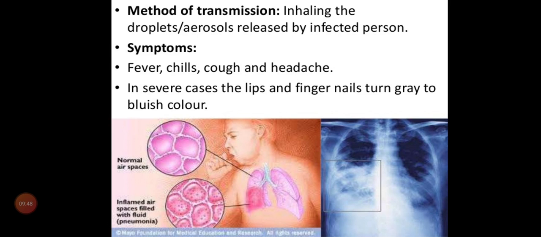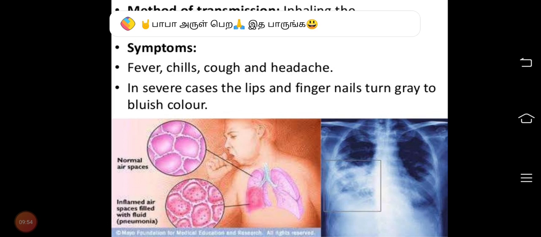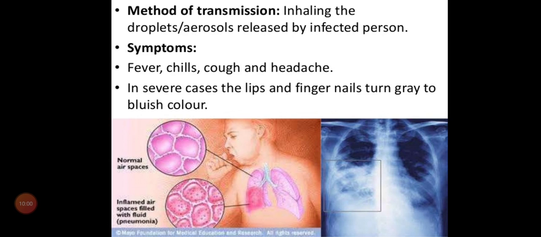And is there any vaccine available for pneumonia? Yes, there are some vaccines available. For viral pneumonia we need to take a vaccine every year, because the strains keep changing. And for bacterial pneumonia we'll take a vaccination. When we get the disease, we go to the doctor to get antibiotics. Antibiotics are good only for bacterial pneumonia, not for viral pneumonia. Is that clear, children?